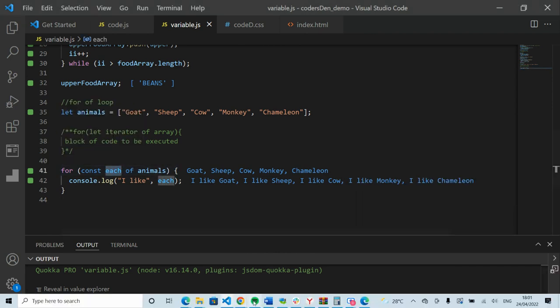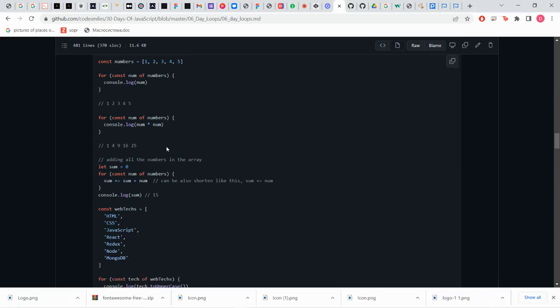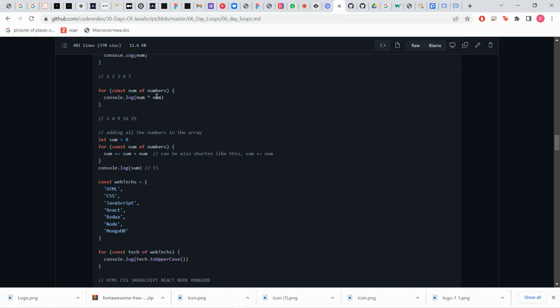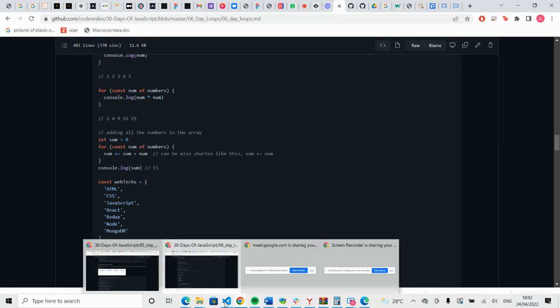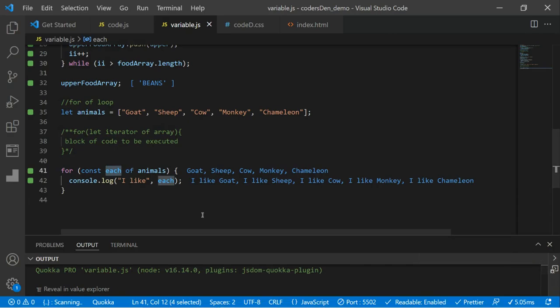Yes, thank you. Okay, you're welcome. So that's how it works. The for of loop. These are other examples here, number times number. So each represents that element. So now, if you want to get the index of the element, like I